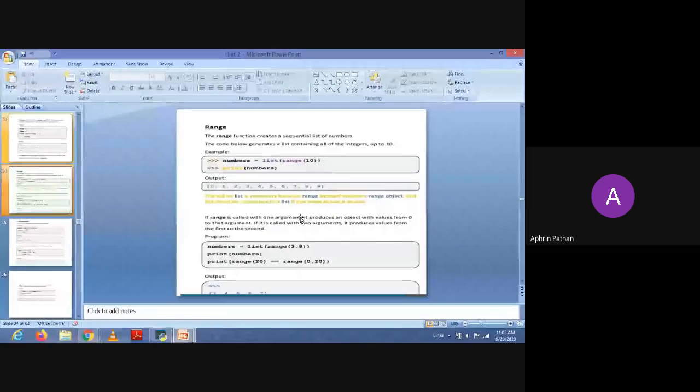Okay, if range is called with one argument, it produces an object with the values from 0 to that argument. If it is called with two arguments, it produces values from the first to the second argument. Okay, so first, for example,